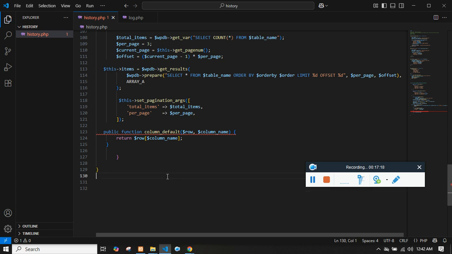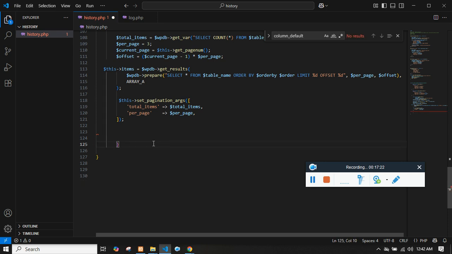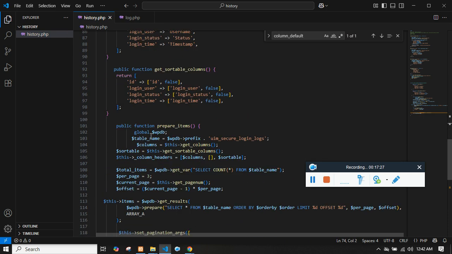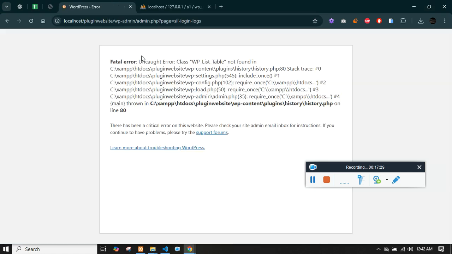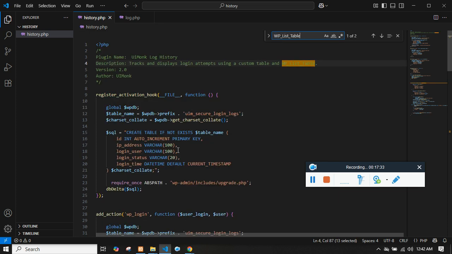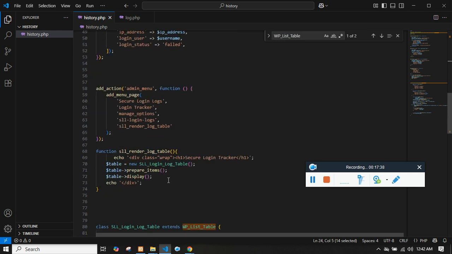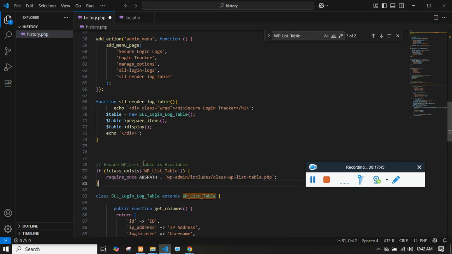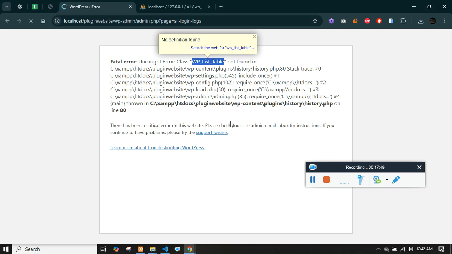You delete these, and these should be outside prepare items, not inside prepare item. Now we have defined this. If everything goes smooth, we should see the table. Yes, likewise how we have used the delta db, we need to use the column name here. We need to first call the location first. With the help of require once, we'll display that. And now